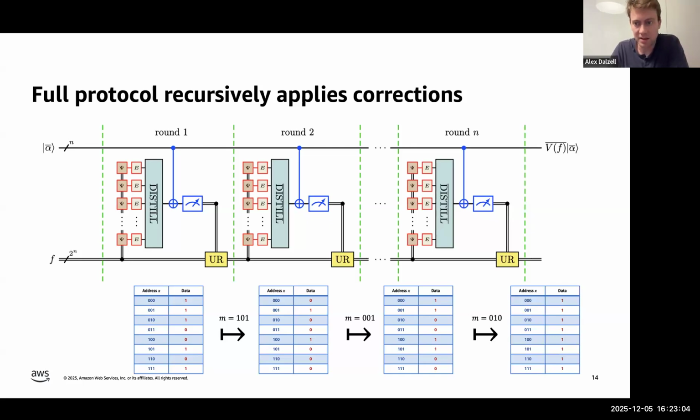So if we keep updating this data set, regardless of what measurement outcomes we obtain, eventually, after n rounds, we will be guaranteed that our data set will be constant. So it'll either be the all zero data set or the all one data set. And that means that this unitary V of F that we need to do as a correction would just be proportional to the identity, and we do not need to do it at all. And we can terminate the protocol and conclude that we've correctly applied the logical QRAM operation V of F onto our arbitrary state. This is the thing we wanted to do.